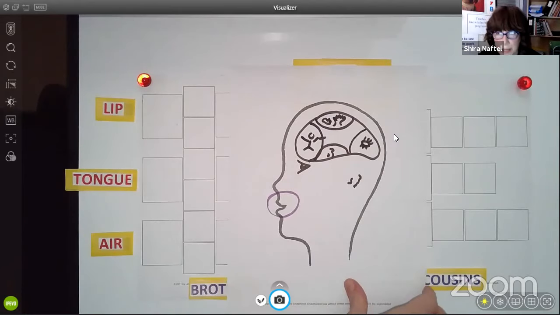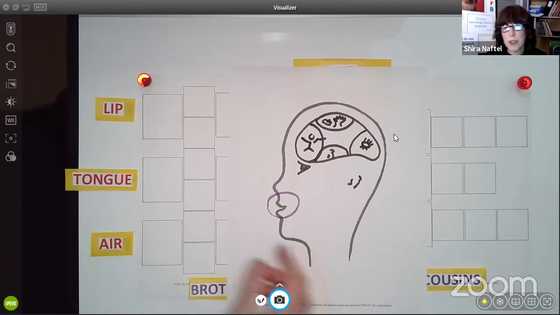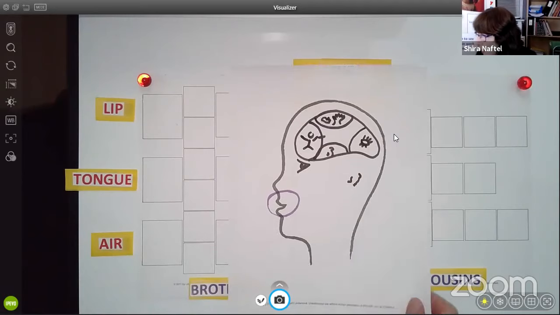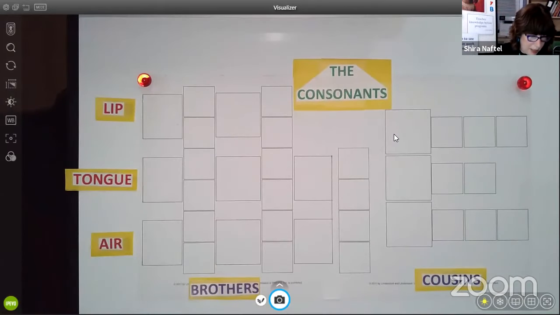Why am I showing this to you? It's very important that we always set the climate with the kids and let them know why we're doing what we're doing. After we do the longer one, we do a short one every day and say, what are we doing and why are we here? What are we trying to do for you? This is a very useful thing to use for any topic that you're doing.